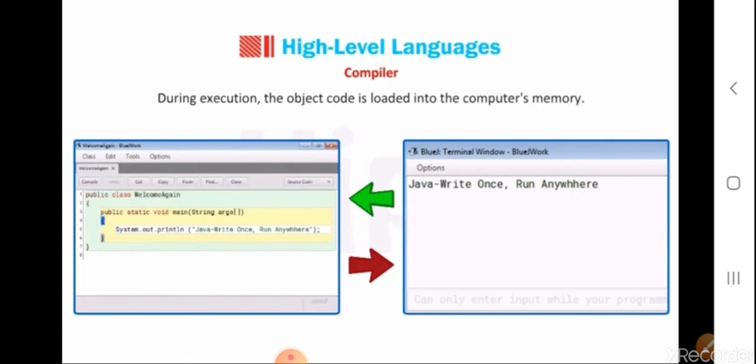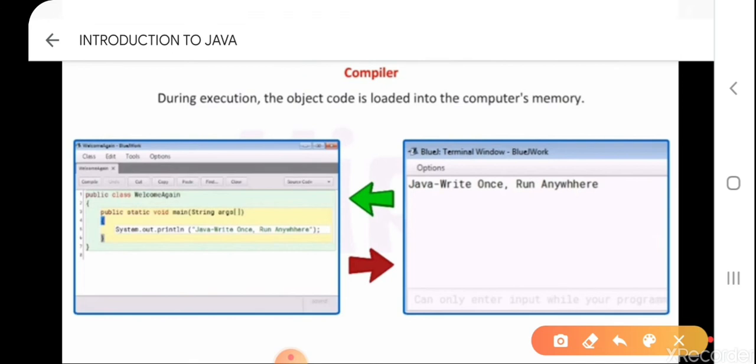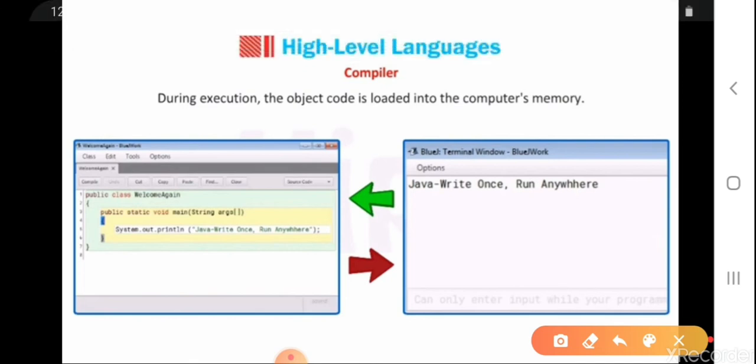Now first you need to understand what is object code. See, source code is high level language code. When this source code gets transformed into machine language code, it is called object code. So what is object code?